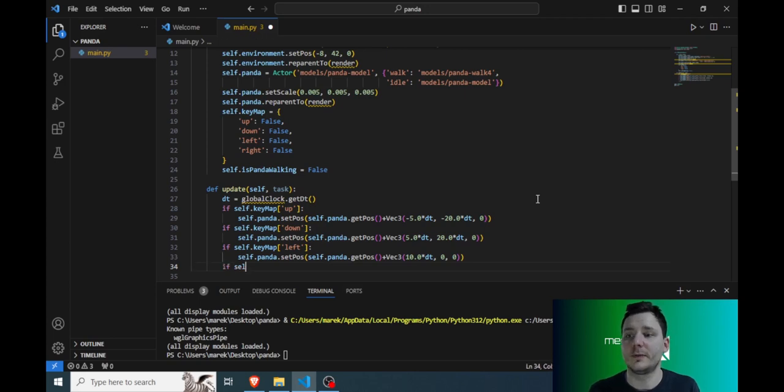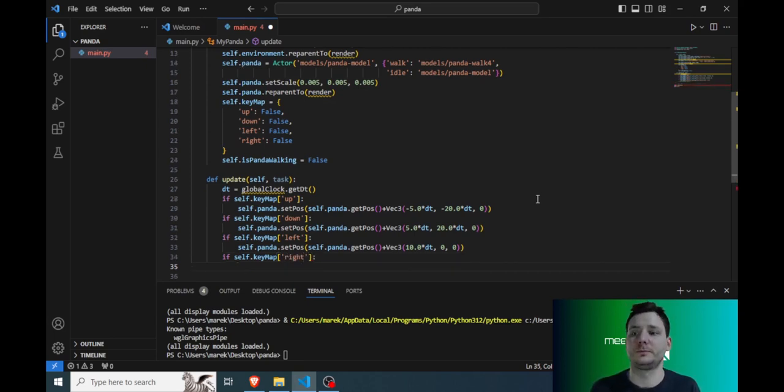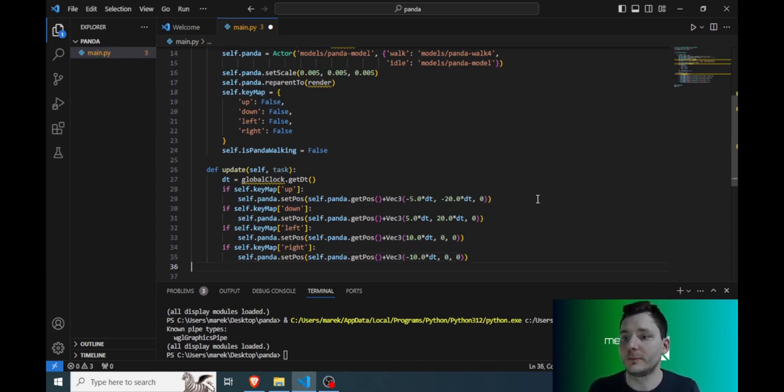Next, if self key map right, and if the right is true, we can copy paste again, and this time we'll need to decrease on the x-axis by 10. Notice that I'm again multiplying by the information that is in the dt variable, and the other y and z axis we'll just leave on zeros, because we are not changing them, we are just changing the x-axis, left, right. Alrighty,